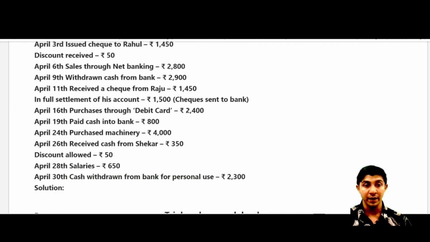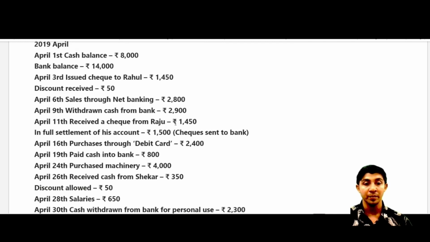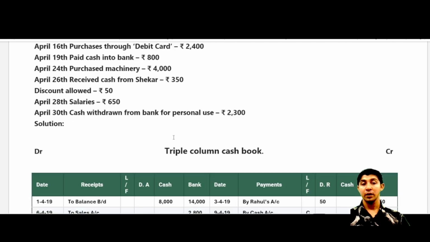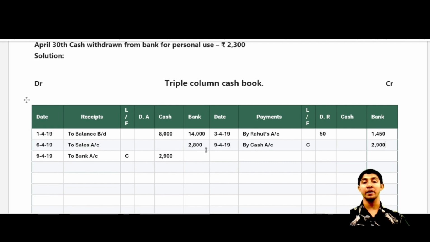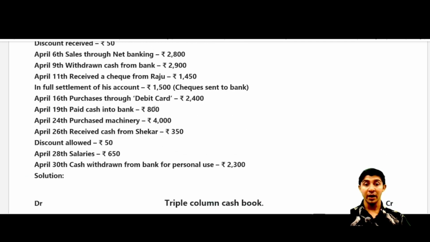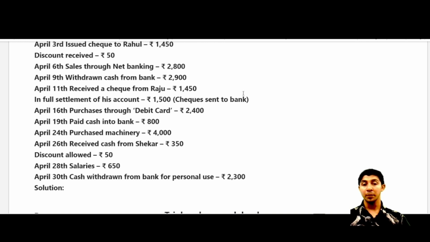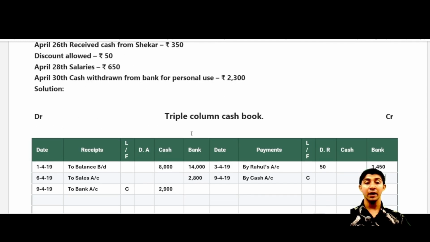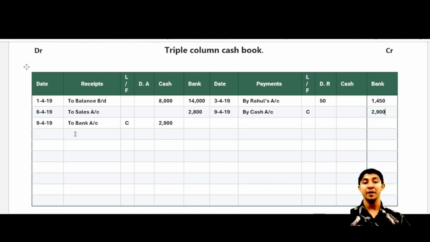Now let us move towards our next transaction, that is received a check from Raju 1,450 in full settlement of his account 1,500. राजू के पास से पैसे 1,500 रुपये आना था, मगर आए कितने? 1,450. तो 50 रुपीज़ का डिस्काउंट हुआ. So 50 is the discount and 1,450 is the amount, right? So चेक रिसीव्ड मतलब पैसे हमारे बैंक अकाउंट में आते. और वी हैव सेंट द चेक टू द बैंक, बैंक में हम वो चेक डिपॉजिट कर दिए।